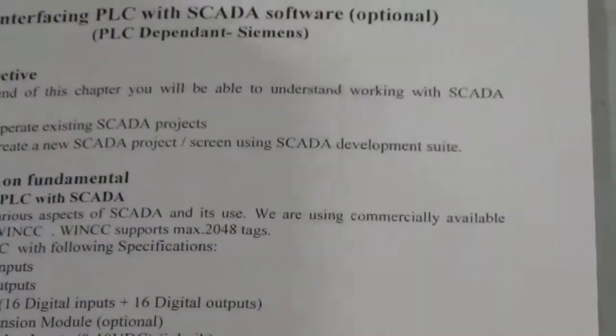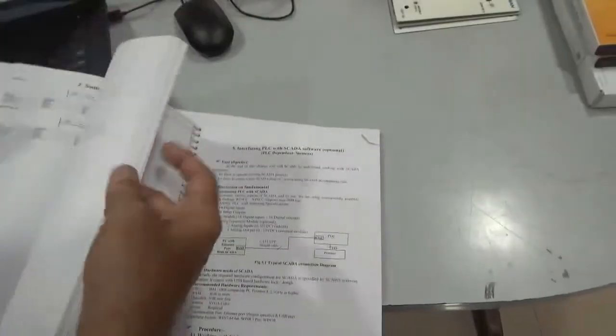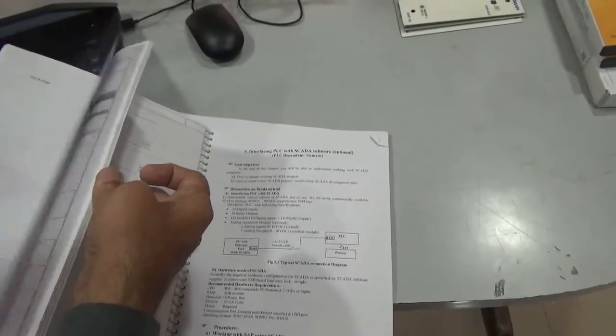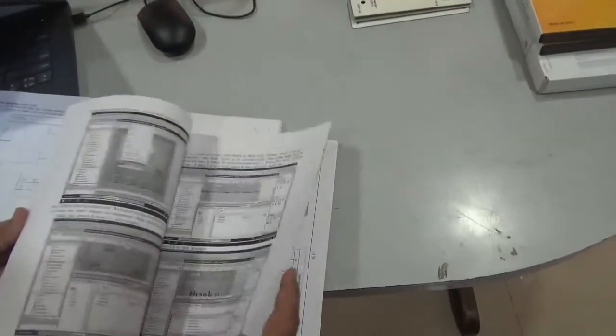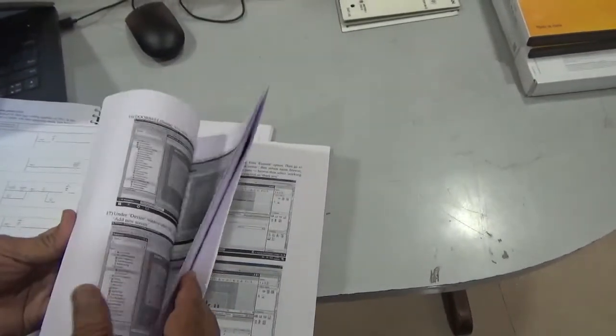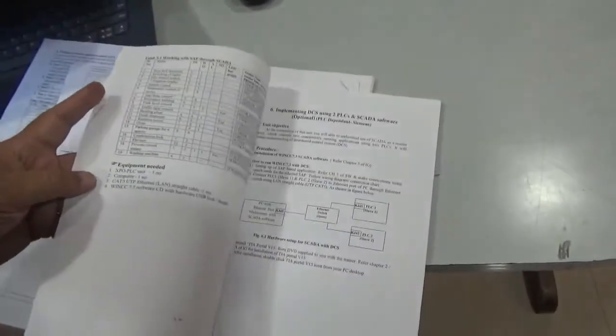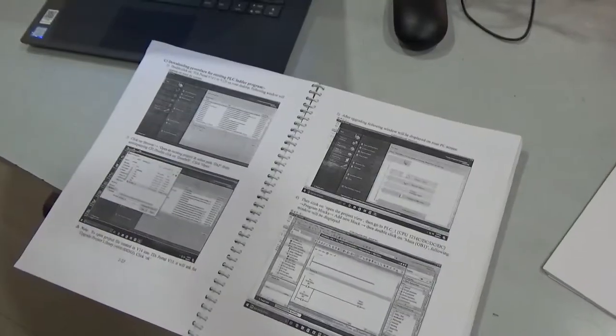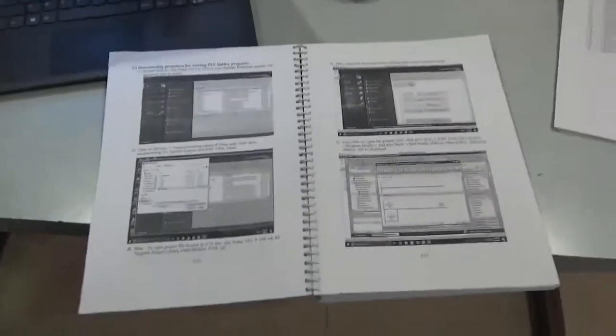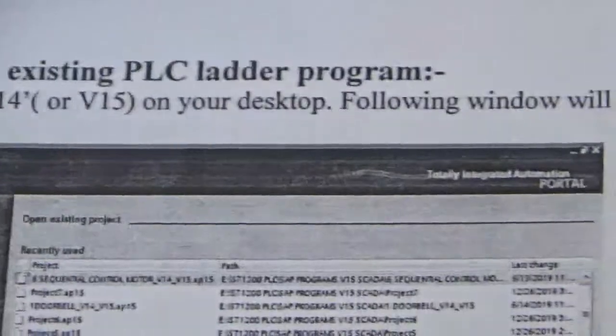Before SCADA installation, we require the regular manual. This is the procedure for downloading the regular PLC ladder program.